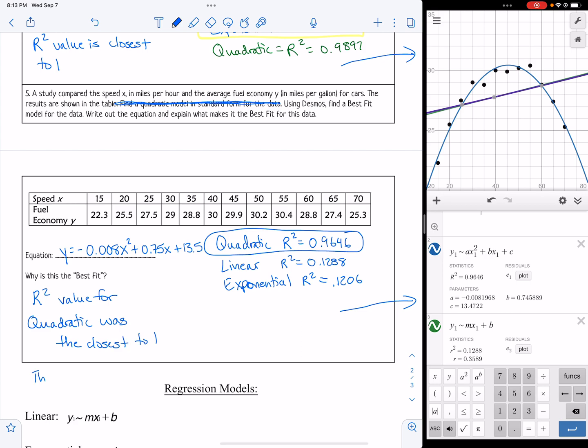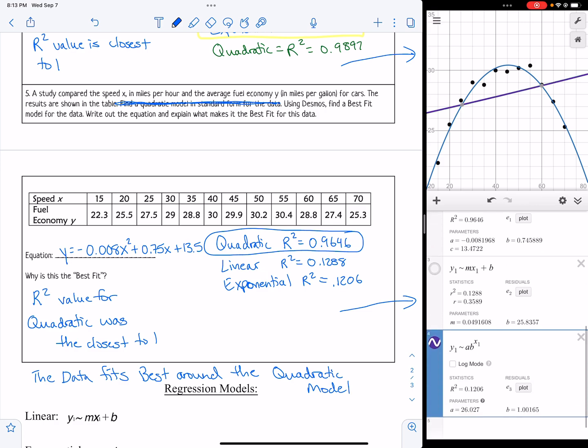Also, the data fits best around the quadratic model. Your points are definitely closer to the quadratic model on the graph. See, if we take away the linear, turn that one off, and the exponential, you can see that it definitely passes through most of your points on your scatter plot. Okay, so that is it for practice quiz number